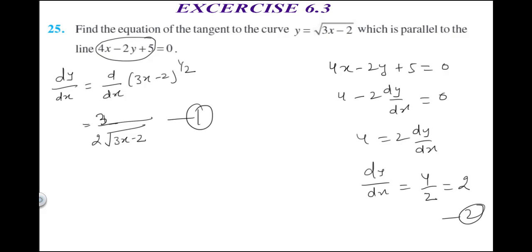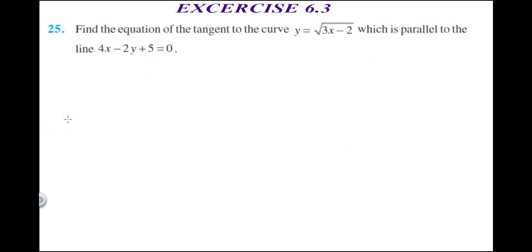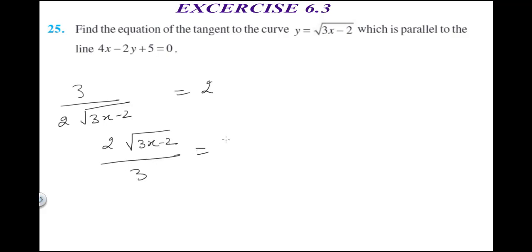So we will just put 3 upon 2 under root of 3x minus 2 equals 2. Clear? We can do that. Now solving it, if we take the reciprocal of it, we get 2 into square root of 3x minus 2 divided by 3 equals, here also we'll take the reciprocal, 1 divided by 2. If we take square on both the sides, we get 4 divided by 9 into 3x minus 2 equals 1 divided by 4. Solving it further, we will get